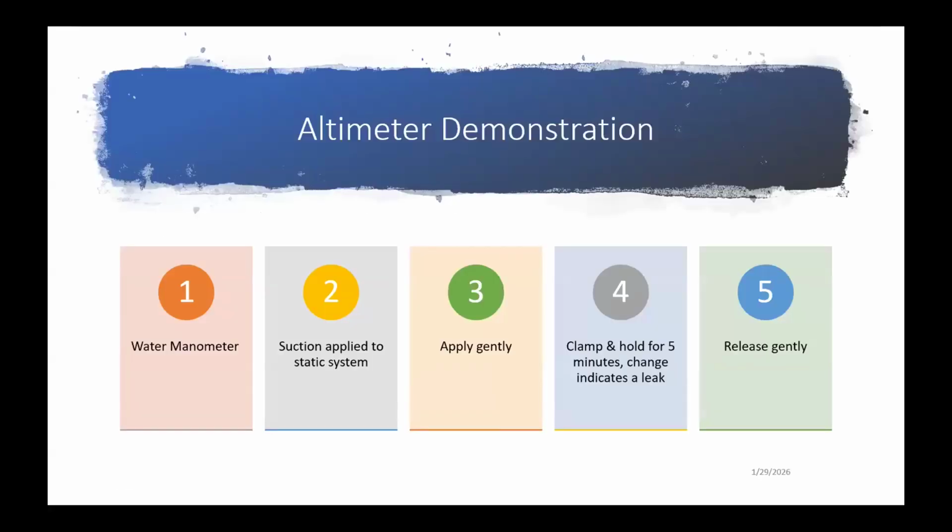So we're going to show you a static system check. For the demonstration, we're using a water manometer. So it's a U-shaped tube. It's got colored water in it. Suction's going to be applied to the static system. You do it gently. You clamp and hold for 5 minutes. Any change in the reading of the altimeter indicates that there's a leak, and then you release gently. Leaks in the static system are the primary cause of altimeter problems,